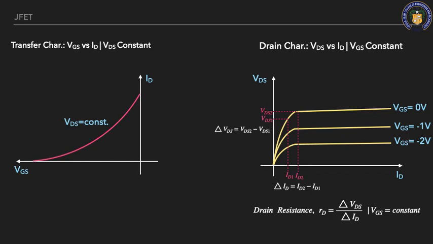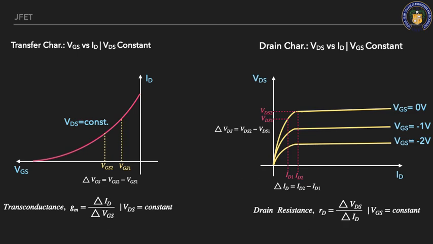Now coming to the transconductance, we need to calculate it from the slope as well. So from this graph, I'm going to find the transconductance. Let me mark the first value VGS1, VGS2. The difference will be del VGS. The corresponding values are marked here and the difference will be del ID. So from this, you are going to calculate your transconductance.